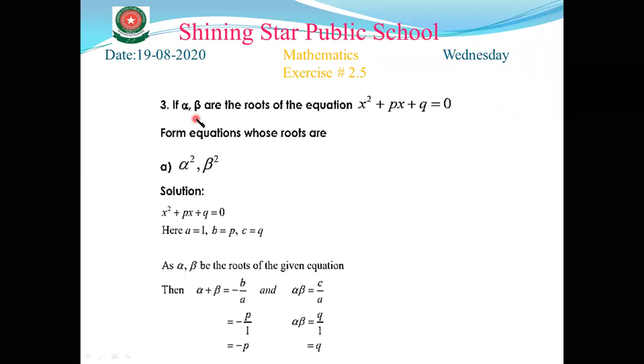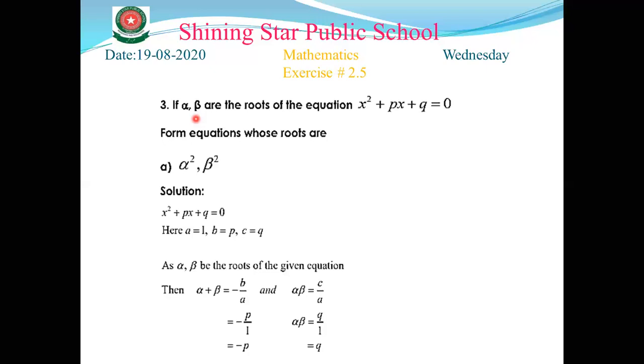In question number 3, we have: if alpha beta are the roots of the equation x square plus px plus q equal to 0, form the equation whose roots are alpha square and beta square. So again, this question is the same as we did in our previous lectures. I hope if you know how to do the previous questions, then you can easily solve these types of questions which we learn in